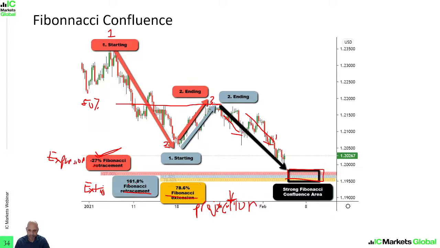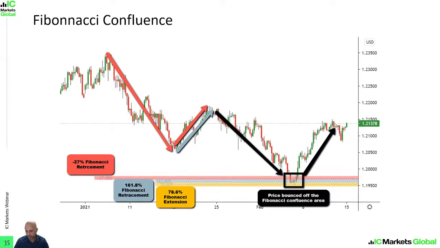Of course, it doesn't mean that every market structure will have the expansion, retracement, extension, and projection. Sometimes you don't get any confluence areas at all. It could just be a retracement level or an extension level, or there will be instances where we get a combination of expansion and extension, or expansion and retracement, and so on. So do take note, a scenario like this is not likely to occur very regularly in real life markets, but it's just an example to show you how we can use the expansion, extension, and projection to highlight a significant support area.